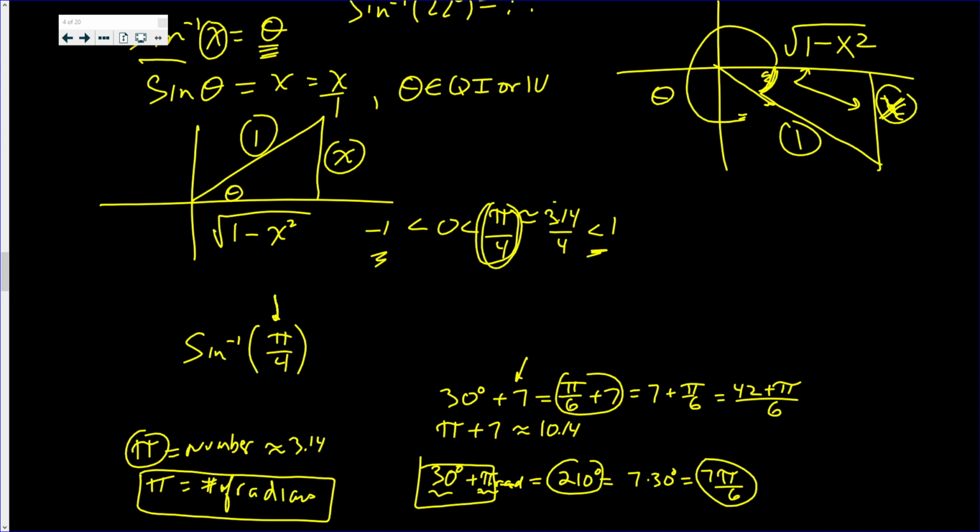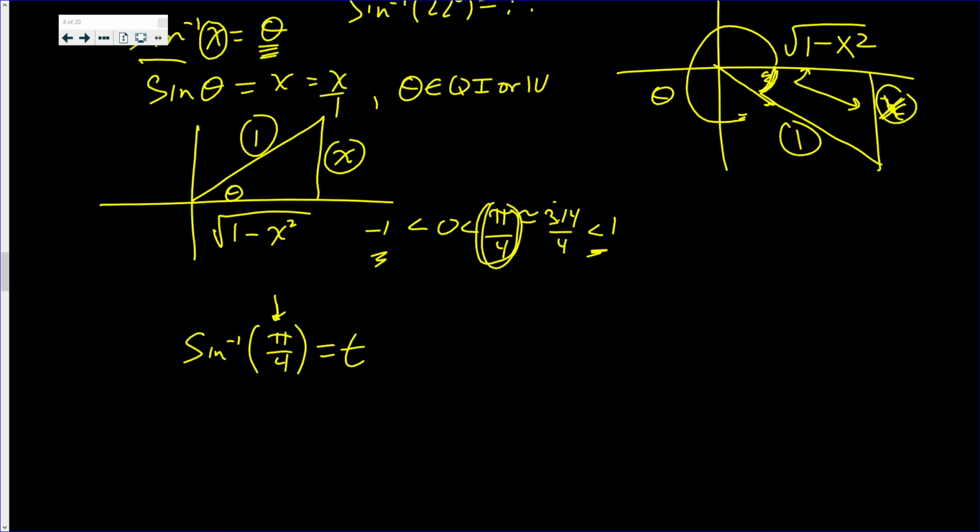That is a pure number. This equals some angle. What do I know about the angle? The sine of the angle is pi over 4. Since that is less than 1,